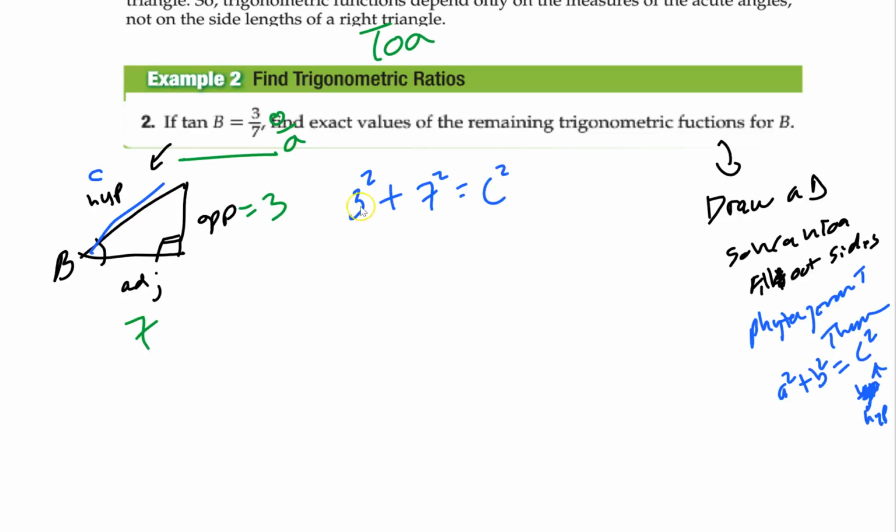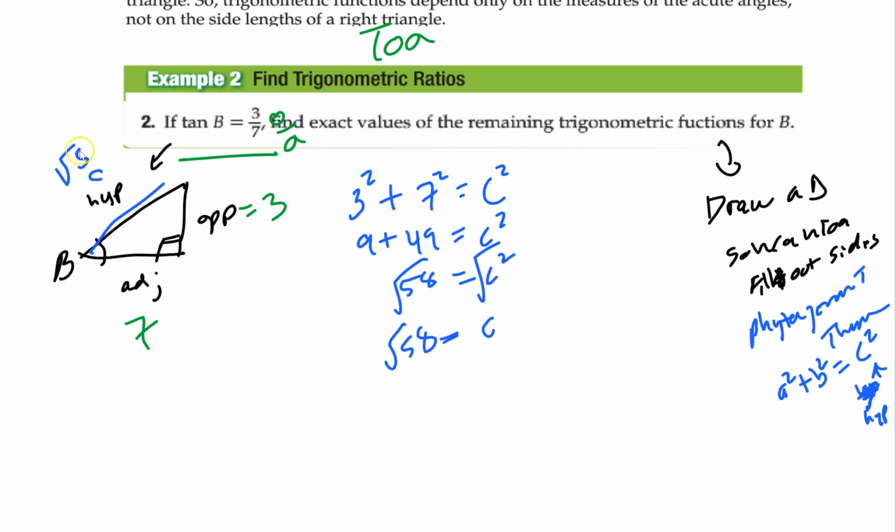I have this. I get 9 plus 49 equals c squared. So 58 equals c squared. Square root of 58 is my c. So now I have everything I need. I have all the sides. So if I want to figure out what sine is, sine of b,